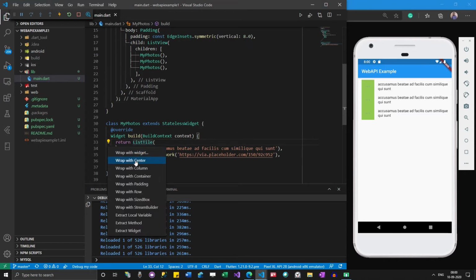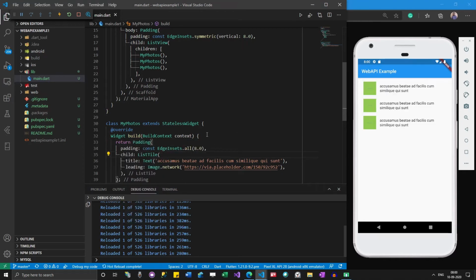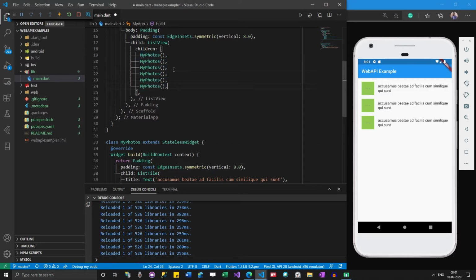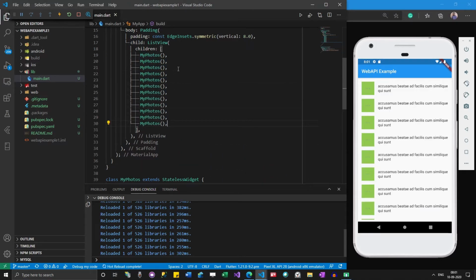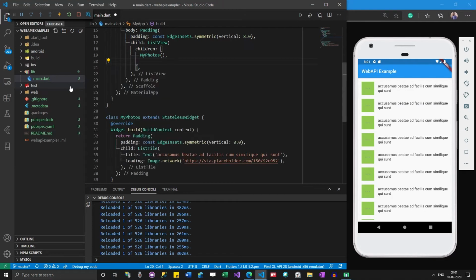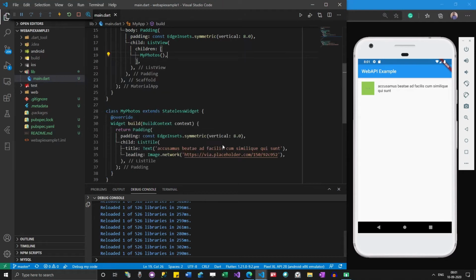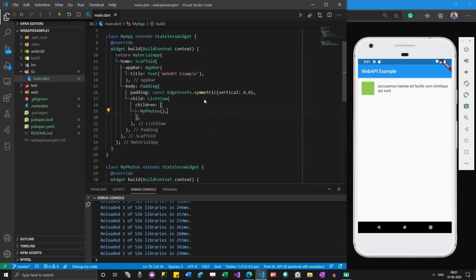Let me add a padding here. As I keep growing this list, it continues to populate the data. But I don't want all these. Only one is fine. Now the actual template is ready.